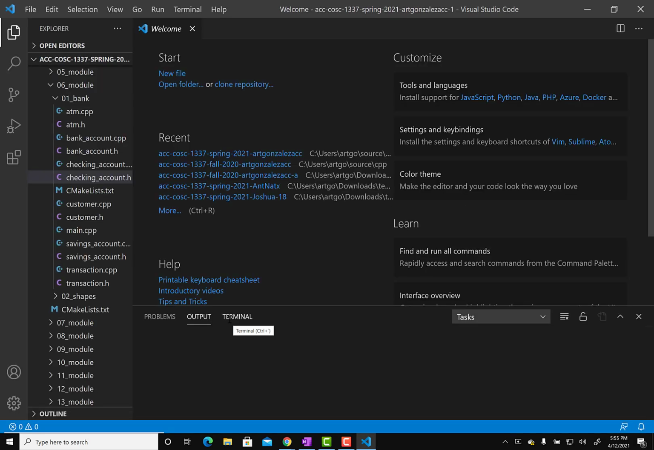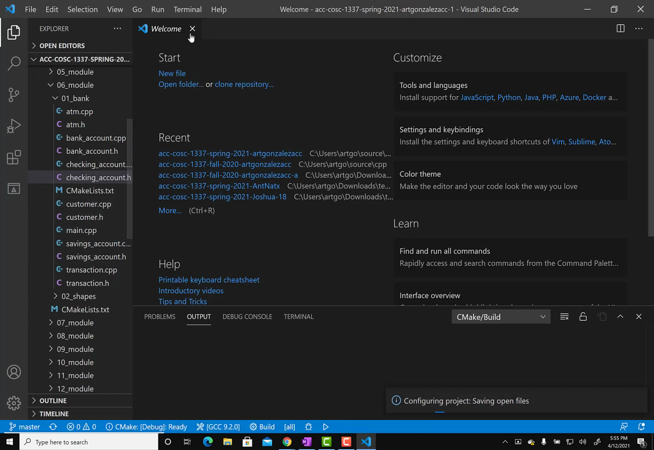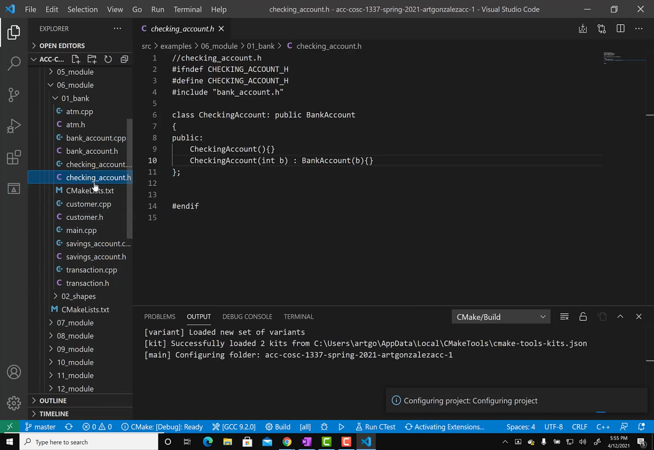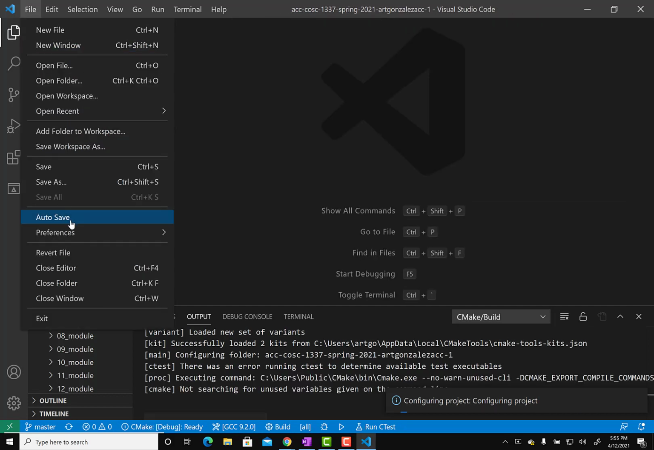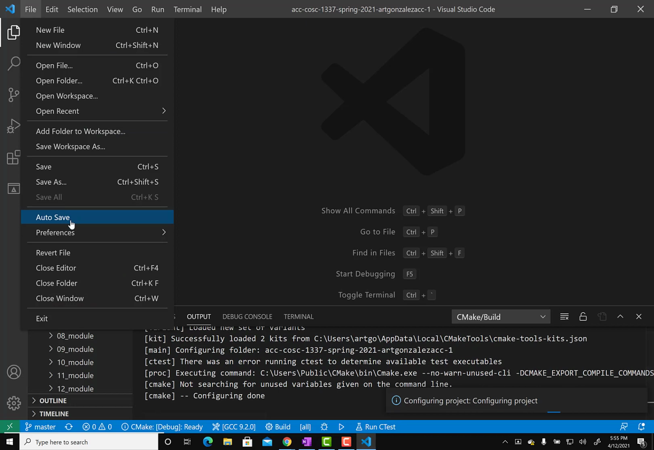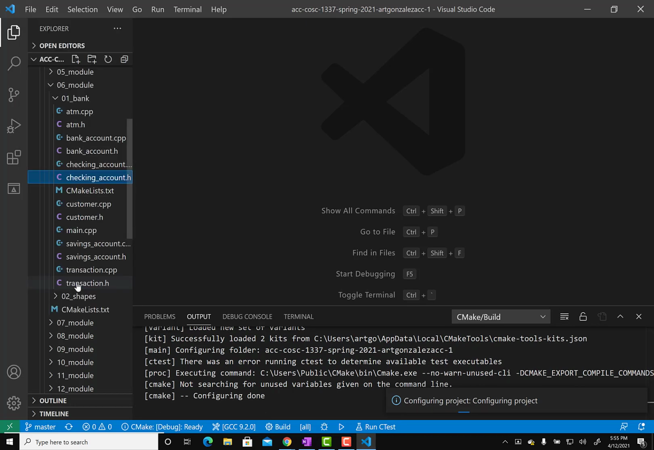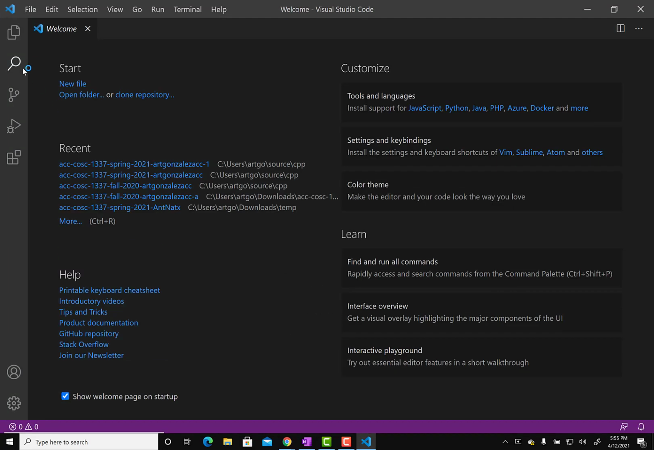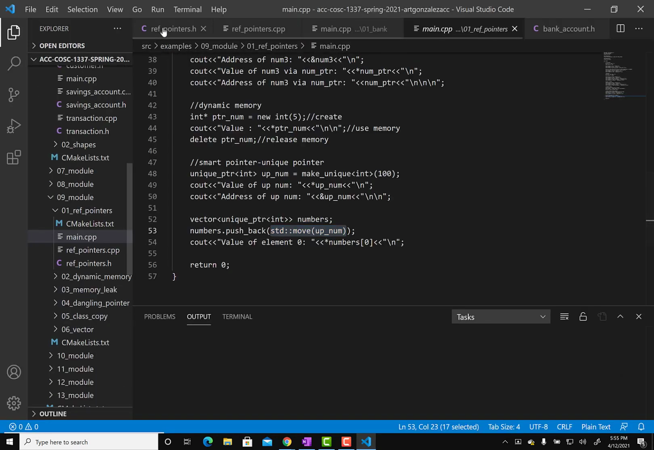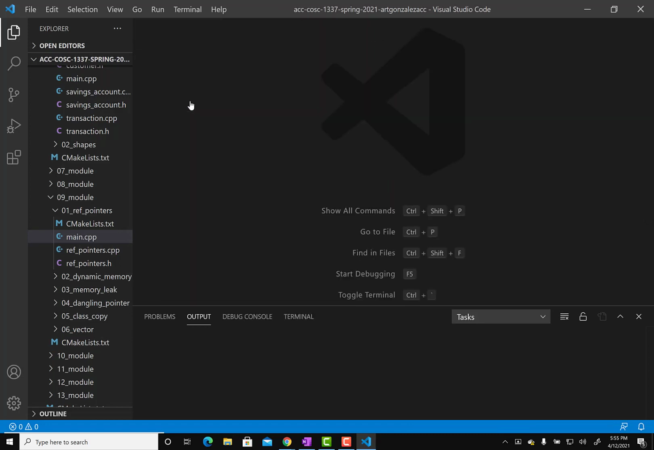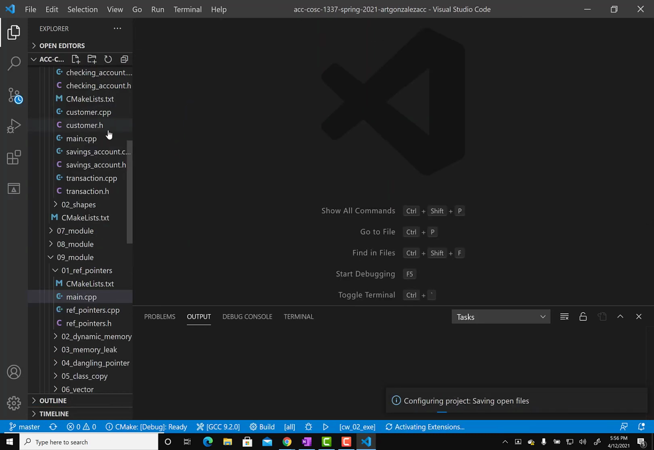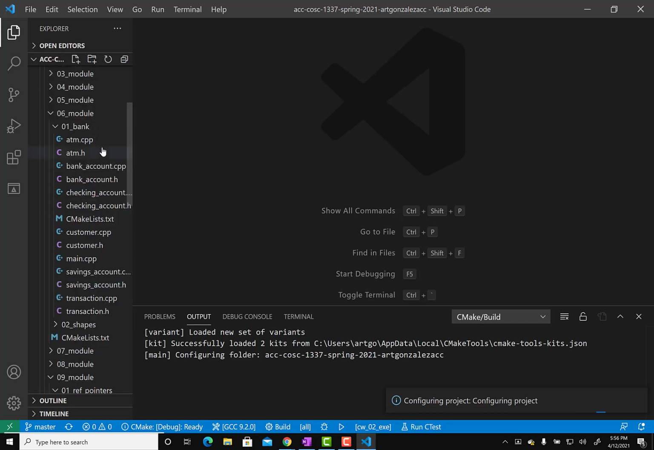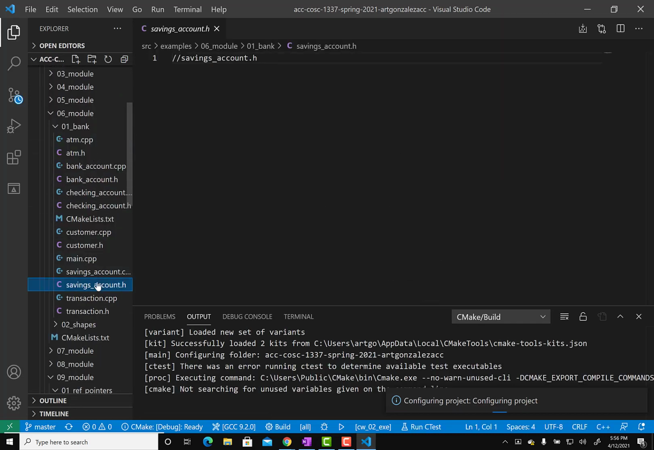So let me see here. Yeah, I always get them confused, right? I think you all are supposed to be Gonzalez ACC1, but I guess I always get confused. So let me use the other one, this one. Okay, let me close all, and then we go here to savings,